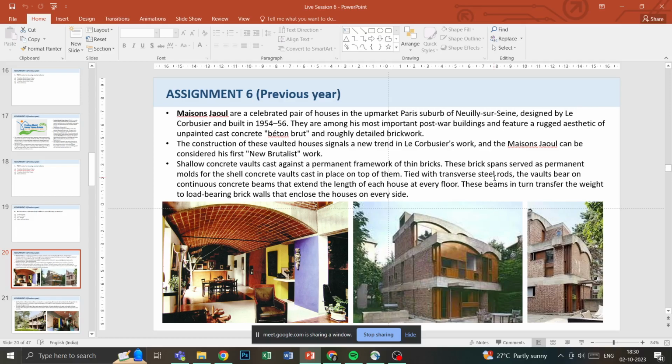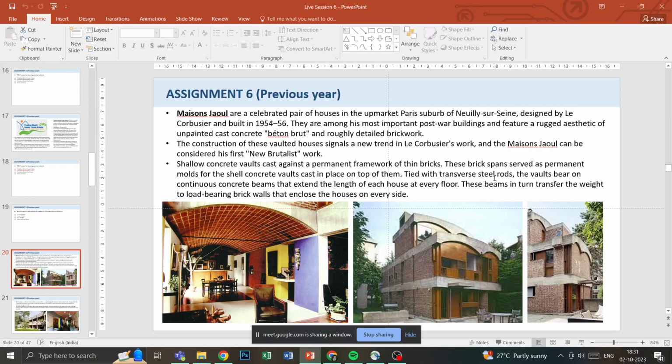The construction of these vaulted houses signals a new trend in Le Corbusier's work, and the Maisons Raoul can be considered his first new brutalist work. There is a use of shallow concrete vault which is cast against a permanent framework of thin bricks. These bricks span served as permanent molds for the shell concrete vaults, cast in place on top of them, tied